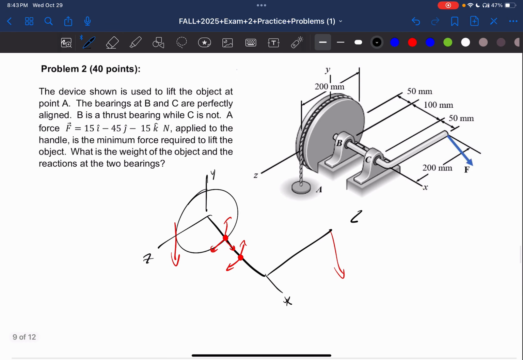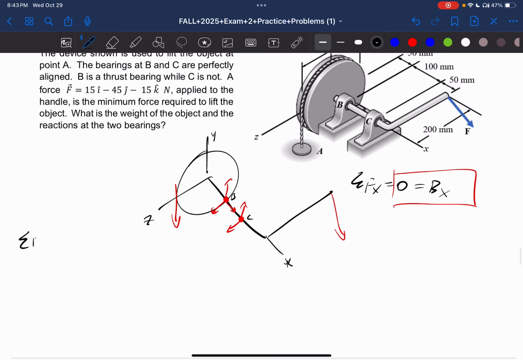Sum of the forces in the x direction is going to be equal to 0, which is going to be equal to, if this is B and this is C, Bx. Therefore, we can conclude that Bx is equal to 0. Let's do the sum of the forces in the y direction. Sum of the forces in the y direction is going to be equal to 0, which is going to be equal to